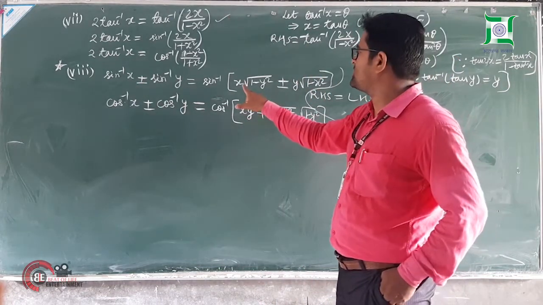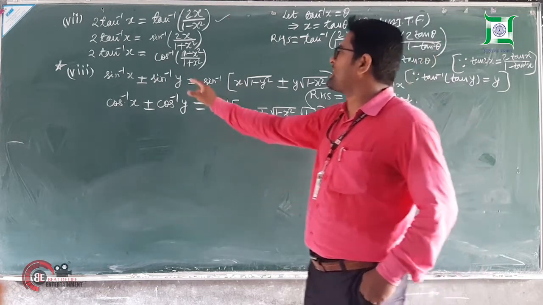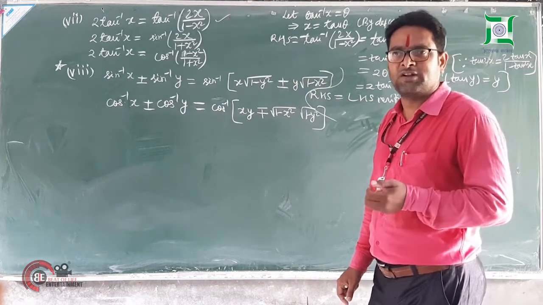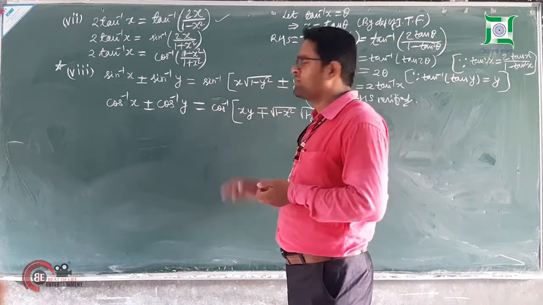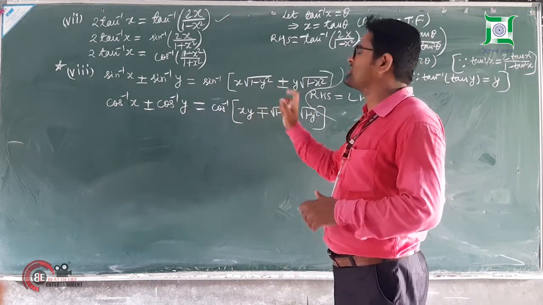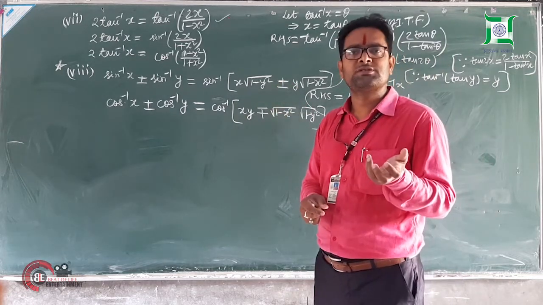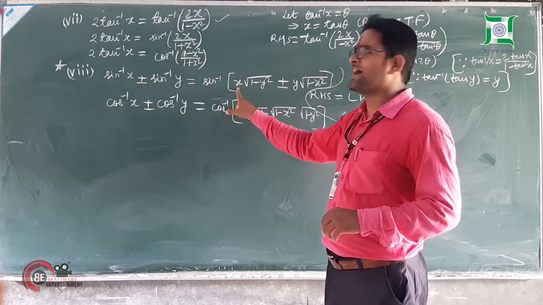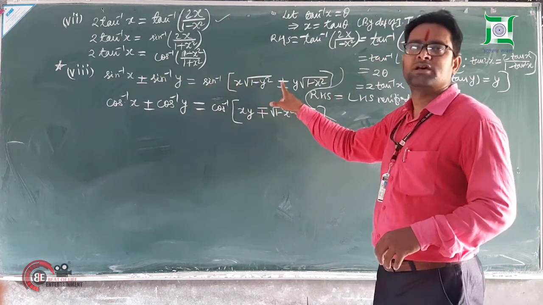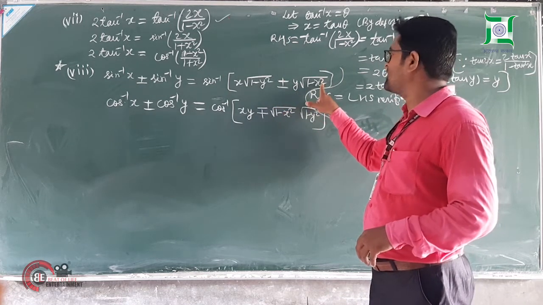So what will you write here? X is equal to sine theta. Let sine inverse y be equal to alpha. Then y is equal to sine alpha. What will you write here? 1 minus sine square alpha. So 1 minus sine square alpha is cos square alpha. Root under cos square alpha becomes cos alpha. So you have got sine alpha into cos alpha. If it is plus, here also plus, it will be cos alpha into sine alpha.